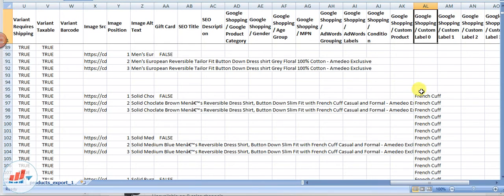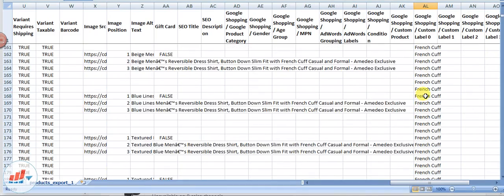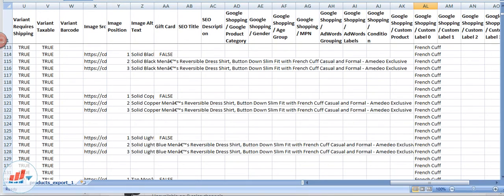Here I have provided the custom label as French cuff, right? Earlier it was not there, but I have done it. I have provided the French cuff custom label 0 here, so that I will be able to find and target only these particular products for Google Shopping.